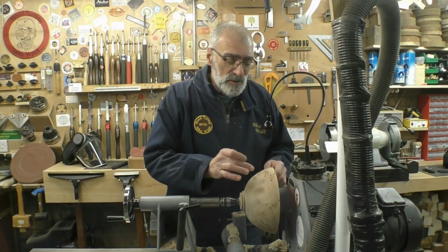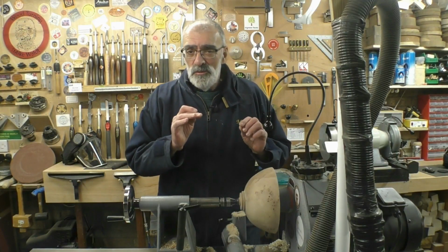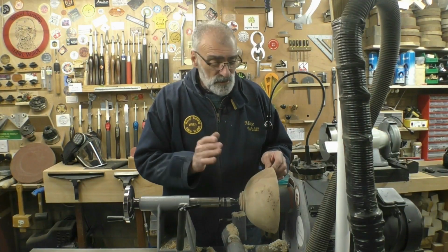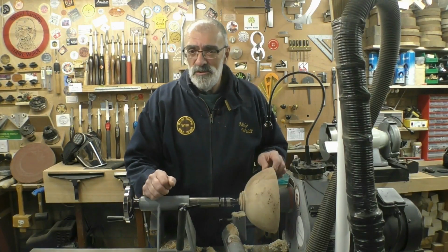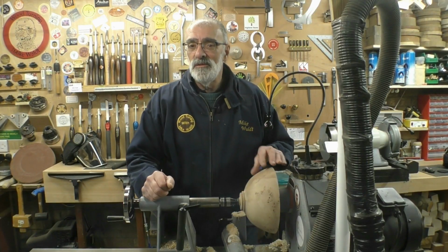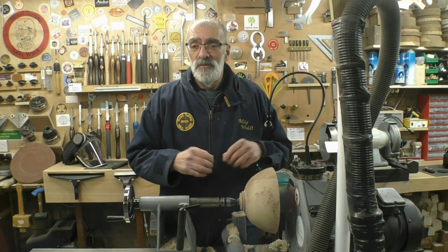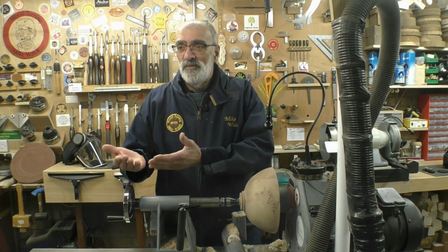Now I've decided, because of the figure and the inclusions etc., to go with Danish oil. So I'll be using Hampshire Sheen products. I'll be using the Toy and Food Safe Danish oil, 2 or 3 applications of that, allowing about 20 minutes, half an hour in between each application, and then the final application allowing at least 24, maybe 48 hours for it to cure. The reason for the difference in time there is it depends on your atmosphere in your workshop,